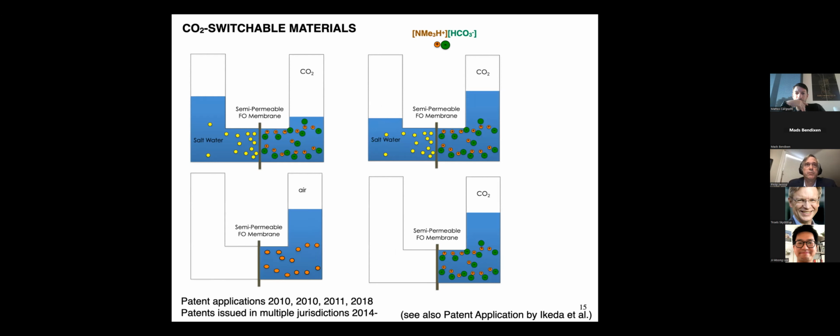So what you do is you get rid of the CO2, and then the amine comes out. Either it precipitates, or if it's a gas like trimethylamine, it simply comes out with the CO2 and you can collect it in a condenser and use it again. Or if it's a soluble polymer, you can just recover it by reverse osmosis, which is cheap because the osmotic pressure is so low once the CO2 is gone.